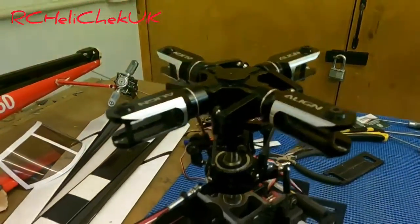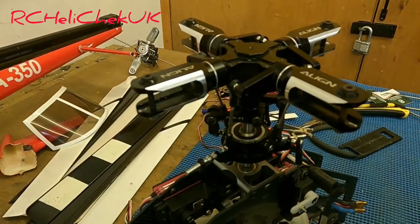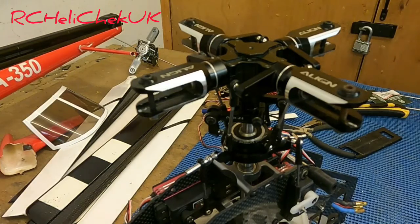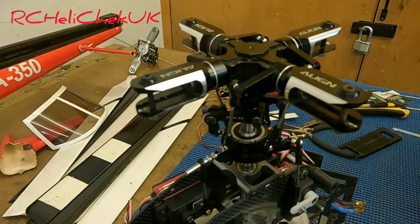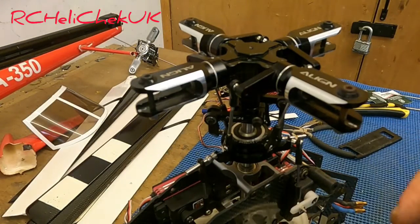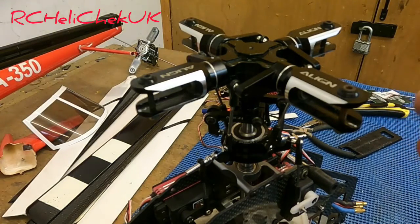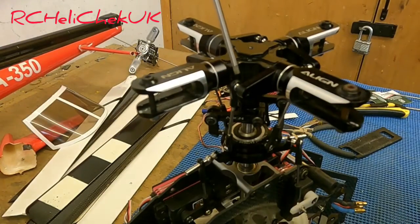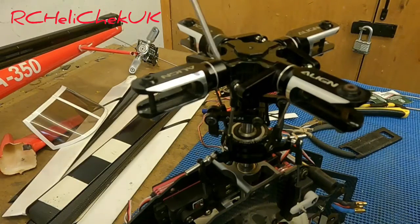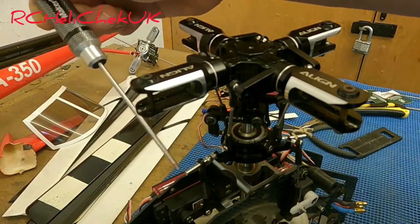Okay guys, this 4-blade rotor head, I'm just going to show you how to phase the rotor head. In fact, it's not really that difficult with these Align ones, because the mixer arms are set in such a position that you can't go wrong with it, to be fair. But you've got to imagine that you're looking at it from the tail, so that this blade here is on the right hand side if you're looking at it from the tail, and then this arm here that you can see coming off the blade at 90 degrees to the tail, this arm's got to be in line with this